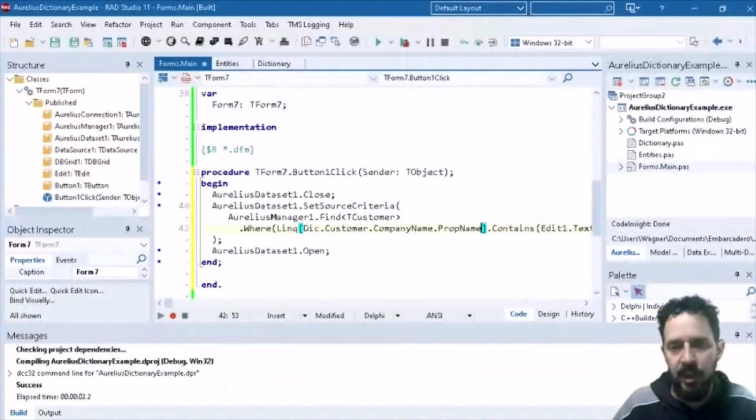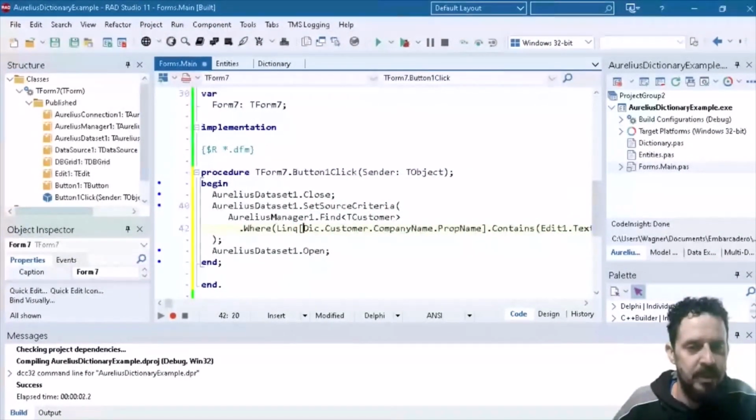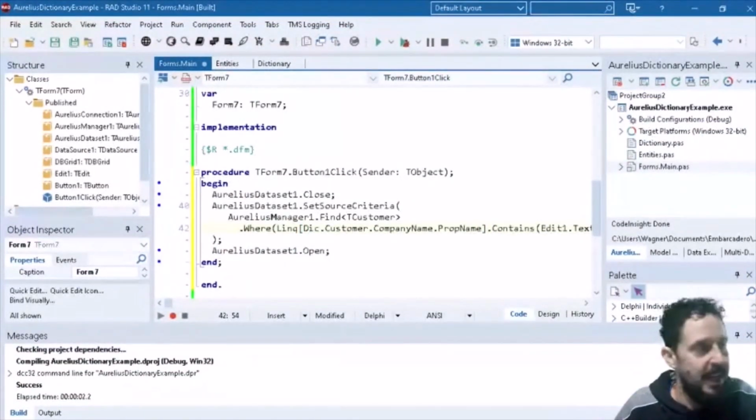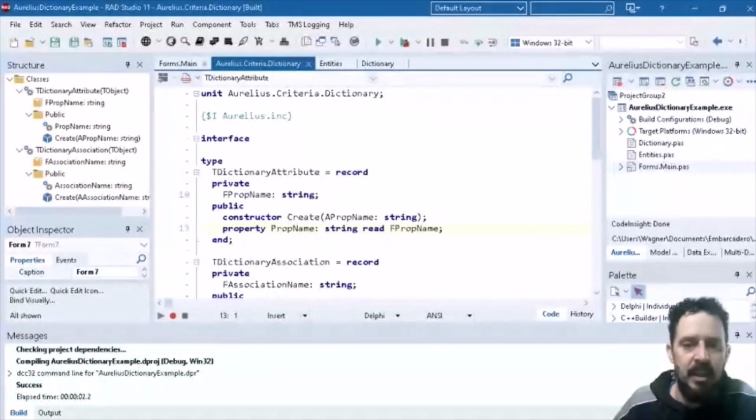If I create a new class here, it's not possible. And second, it's not the best approach because it's a little bit verbose, because you have to use link and then the prefix, customer, company name, property name, and the brackets here. And also, if for any reason you change the name there, for example, in company name,